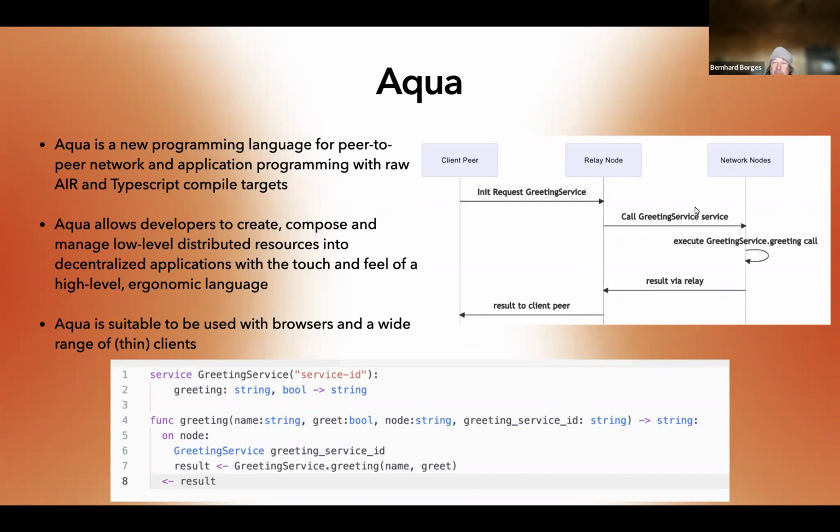It finds the service, basically makes sure that service is executed on the Marine virtual machine, and then we get the result back. And the result going back is actually still on this node. This part here is on this node. So we're over here with the result. The relay in our case is basically just a pass-through to get connectivity, so we don't pay much attention to it. And then down here, we go back with the result and hand it back to that client peer.